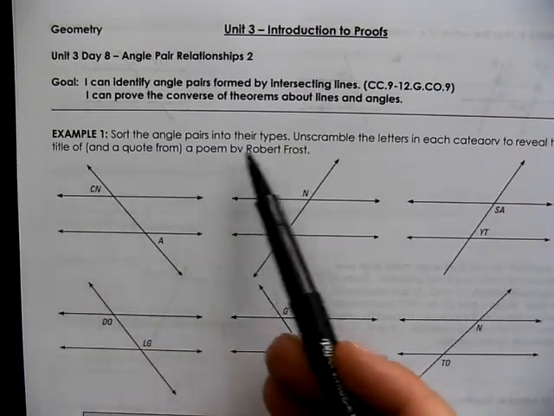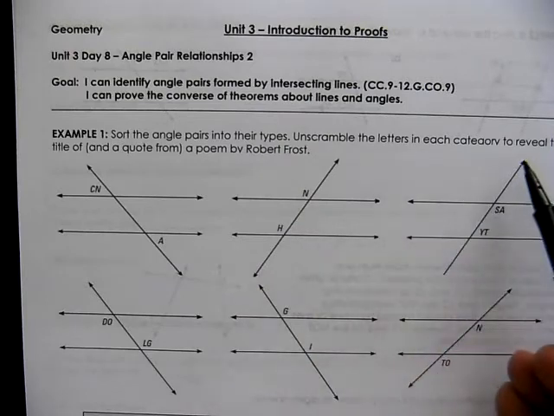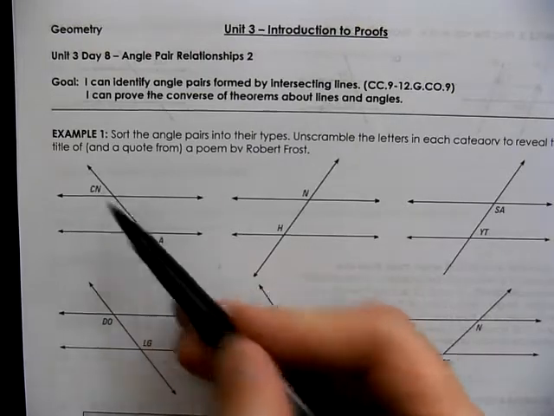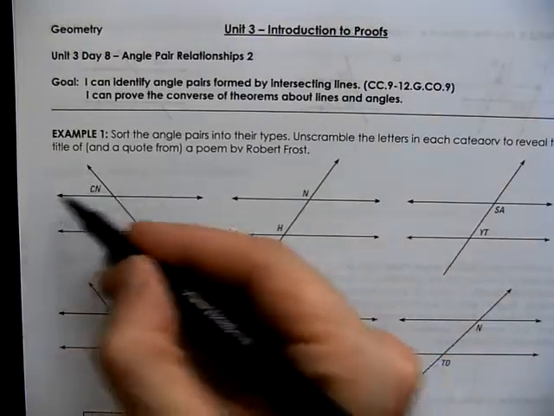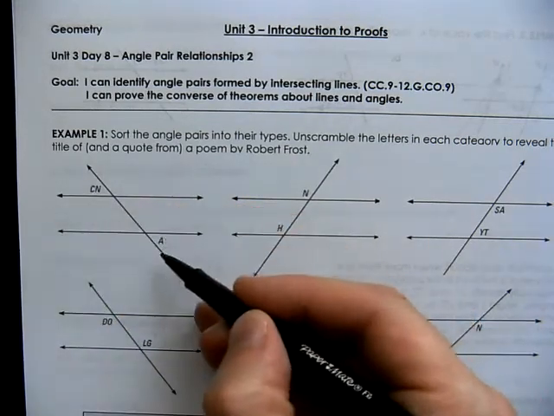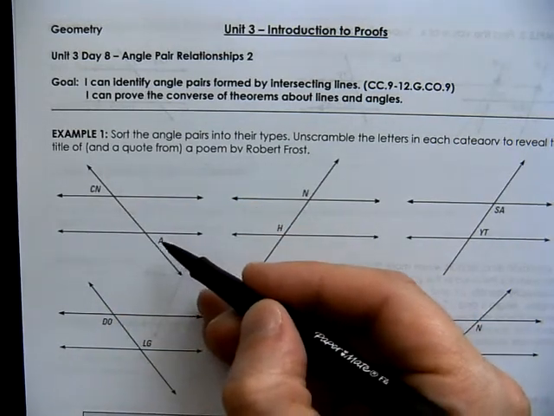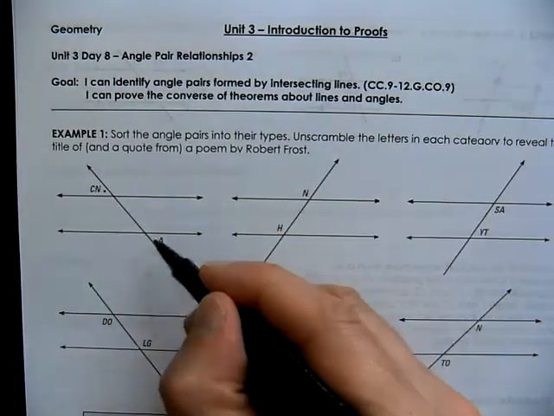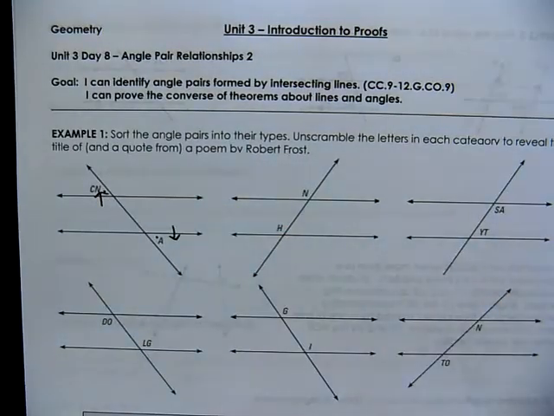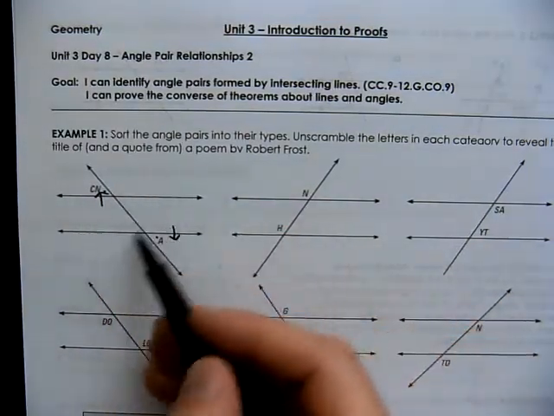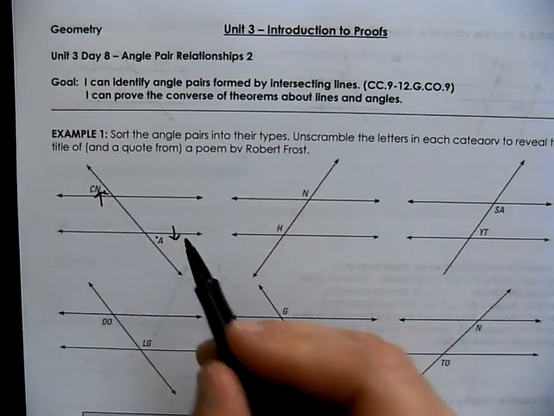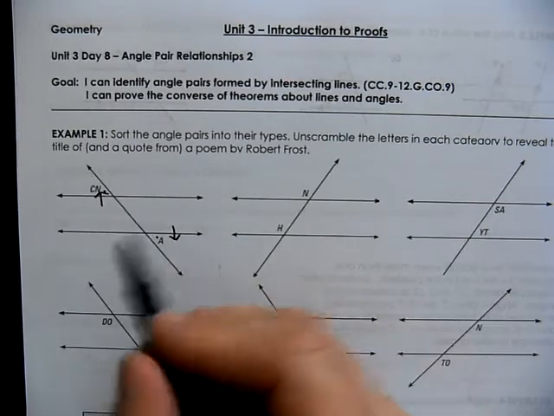So it says, sort the angle pairs into their types, unscramble the letters in each category to reveal the title of a poem. So for example, you take a look at these two angles, and we don't know if the lines are parallel or not, but that's okay. We're not looking to see if these angles are congruent or not. We're just naming them. We're just classifying them. Angles in this position are outside of the parallel lines, or maybe they're not parallel lines, but outside of the two lines. So they're not interior, they're exterior angles. And you can see one is on the left side of the transversal, one's on the right side of the transversal. So we would call these